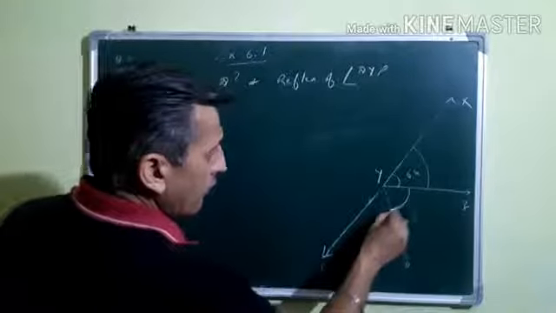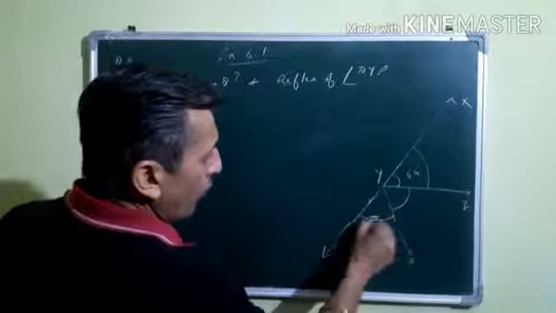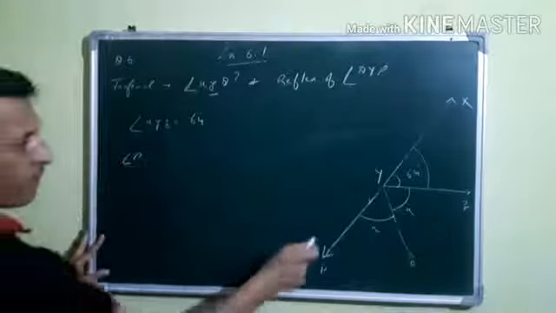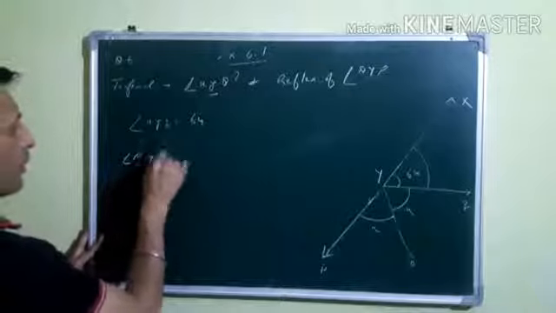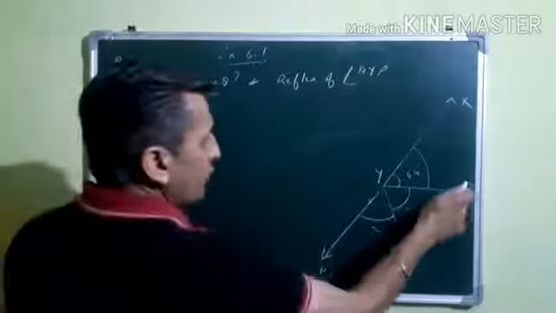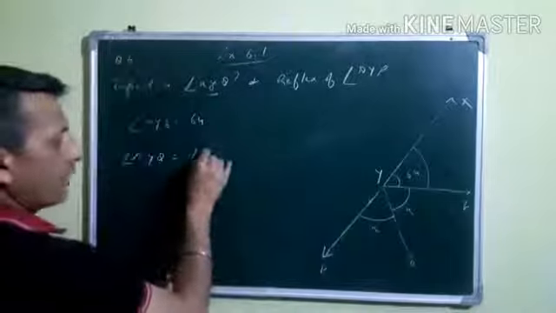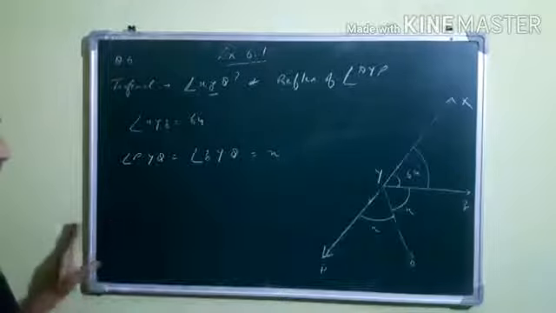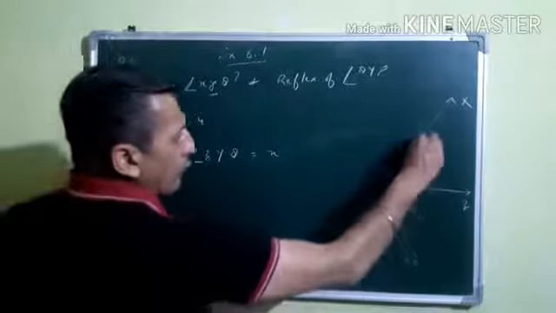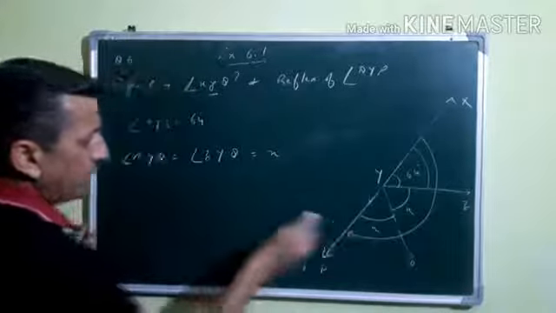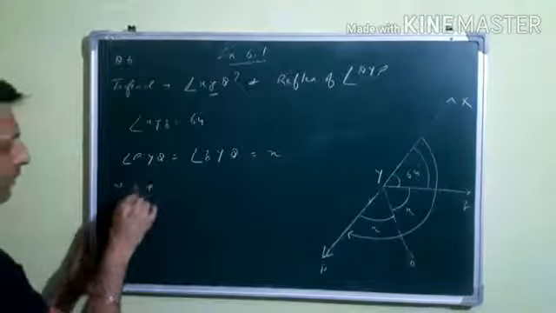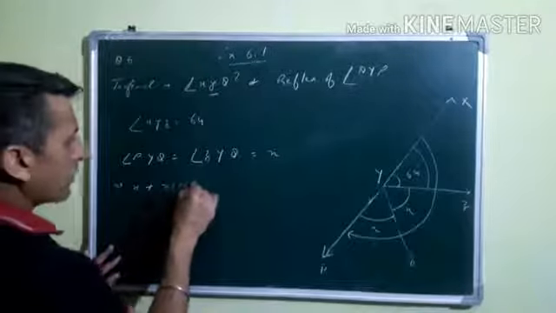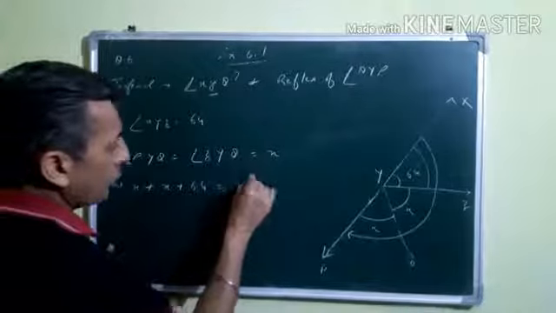If it is a bisector, naturally it divides this whole angle into two equal parts. I want to say that angle PYQ is equal to another angle, that is called your ZYQ. Both angles are equal. Let's suppose it is your x. So both are x and x. So that means it's 2x. And as you know that this total angle is equal to 180 degrees. So you can write, x, this is the first angle, plus second angle, this is x, and then plus 64. This whole sum is equal to 180 degrees.